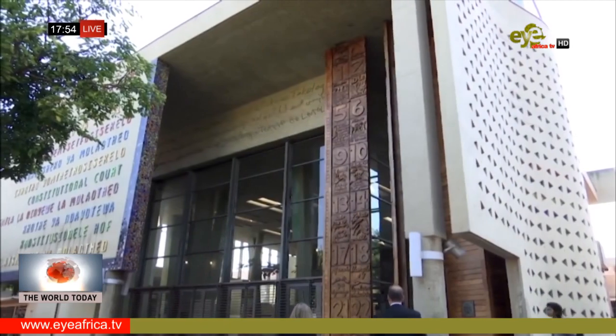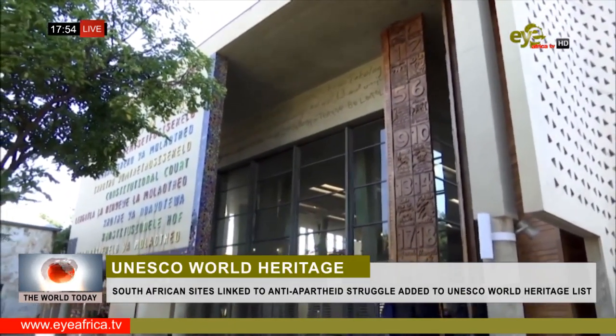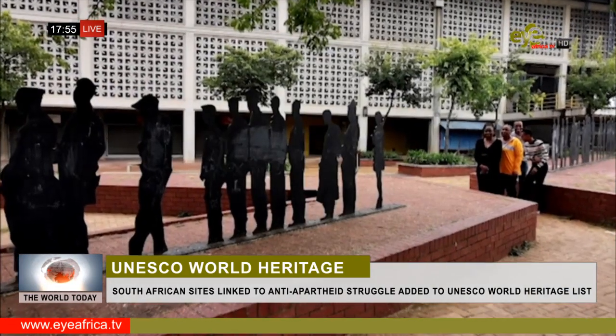Other South African sites that have been recognized as UNESCO World Heritage Sites include the Constitutional Hill, which houses the country's apex court, Sharpeville Heritage Precinct, and Walter's